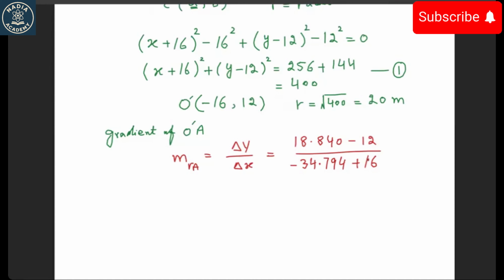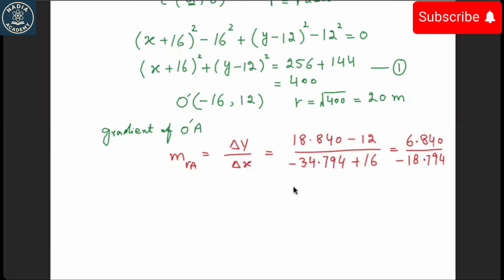So if we actually solve it, we can find the answer is 6.840 divided by minus 18.794. So the gradient of the radial vector